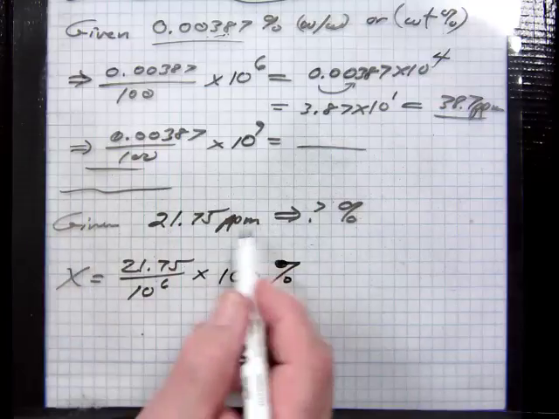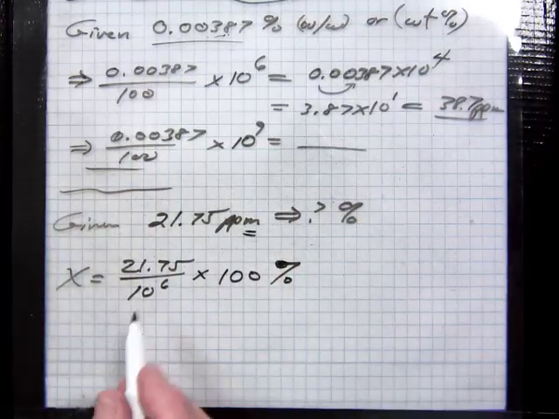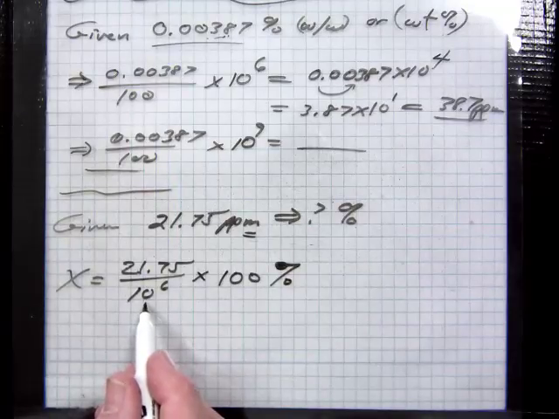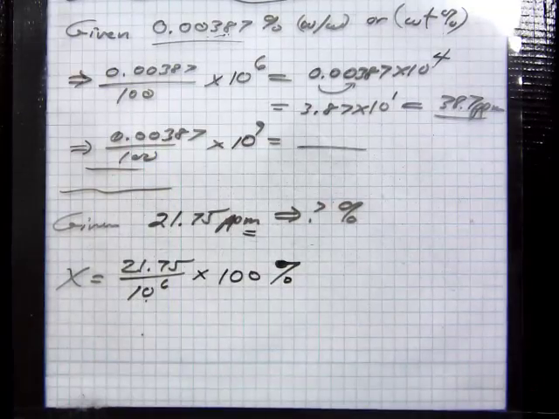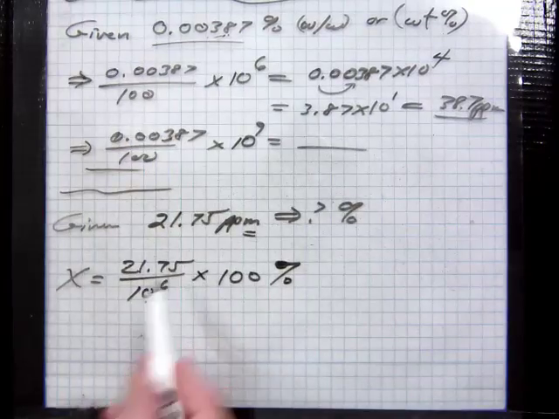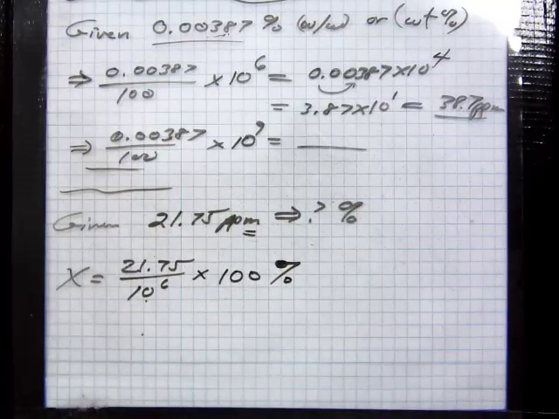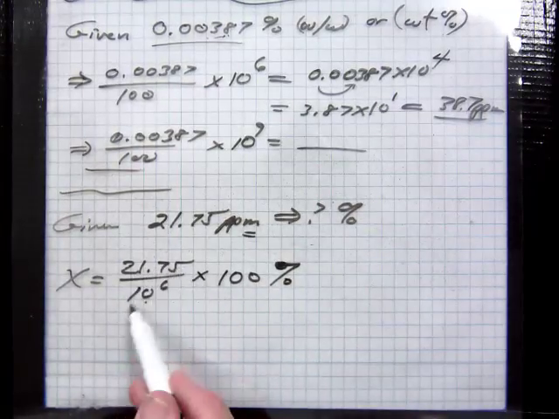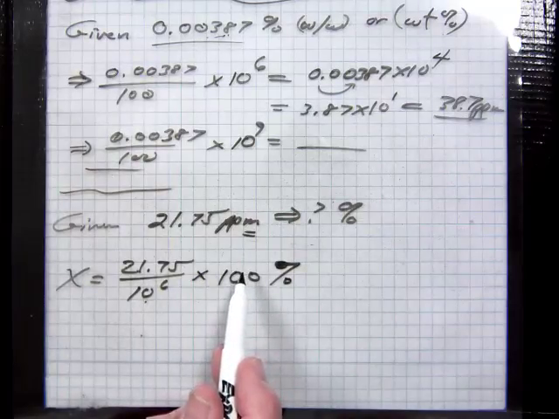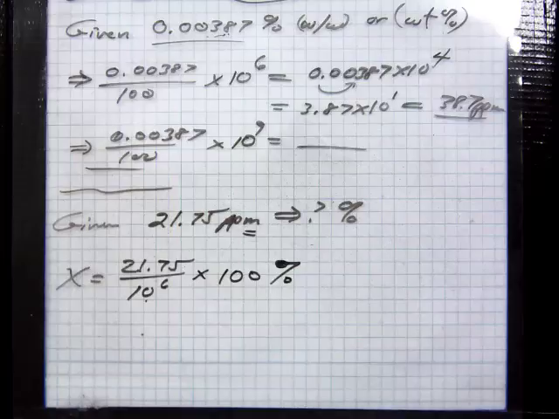That is if you're given parts per million. If you're given parts per billion, what would that be? 10 to the 9th. And then times whatever you're going to. Now, you could do the same thing with converting from parts per million to parts per billion, right? So you'd have 2.75 over 10 to the 6 times 10 to the 9th. And so that's how simple this system is. But you must understand what percent means, or what parts per million means in the big picture, and making the conversion. It means just what it's telling you. And once you get used to it, you'll see that